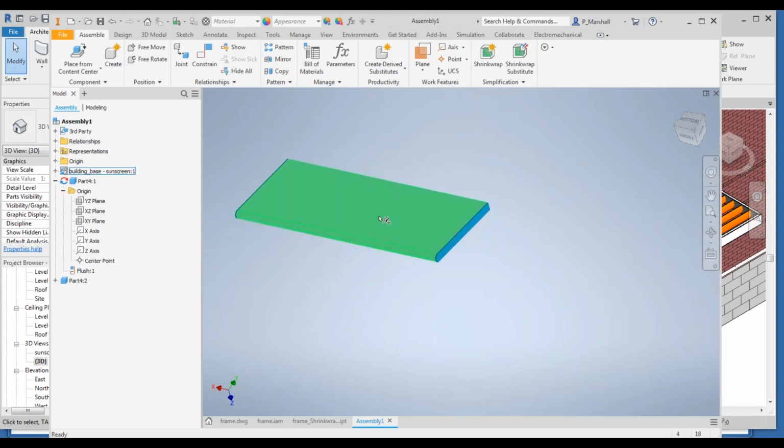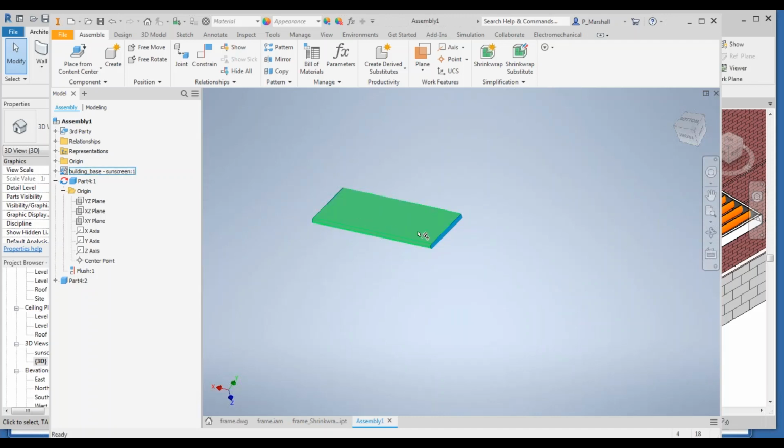And of course, if I'd gone from this design into manufacturing, where I create CNC paths or nest it, or even use it out of sheet metal, unfold it, all of those would update automatically also. So with this process, you know that what you have in Inventor is going to follow what the architect has in Revit. And now suppose that the manufacturer wanted to make a suggestion to say, you know, it'd be a